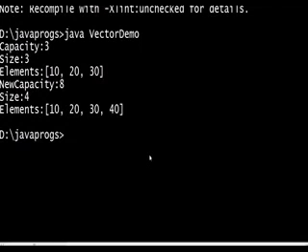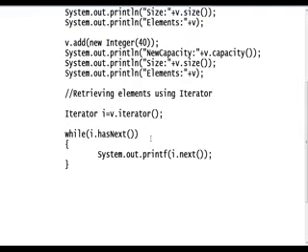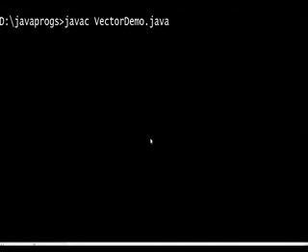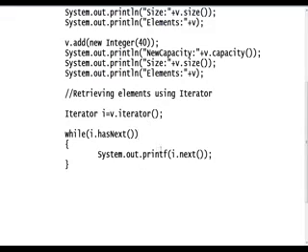Vector demo. Yeah, a parenthesis is missing here. System.out.println. So that method is what? Println.